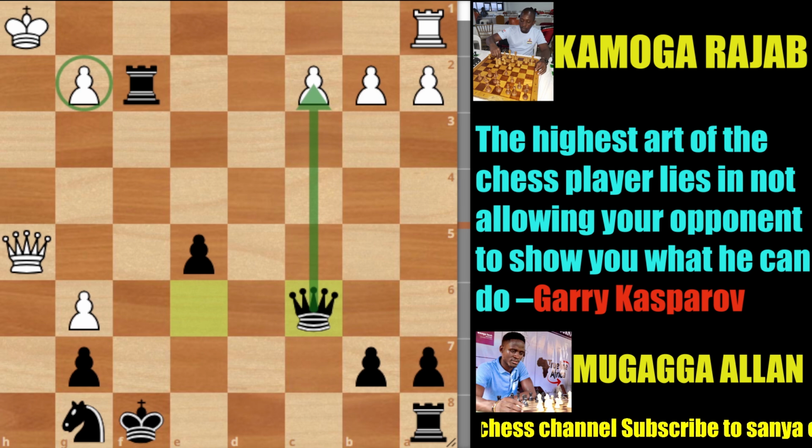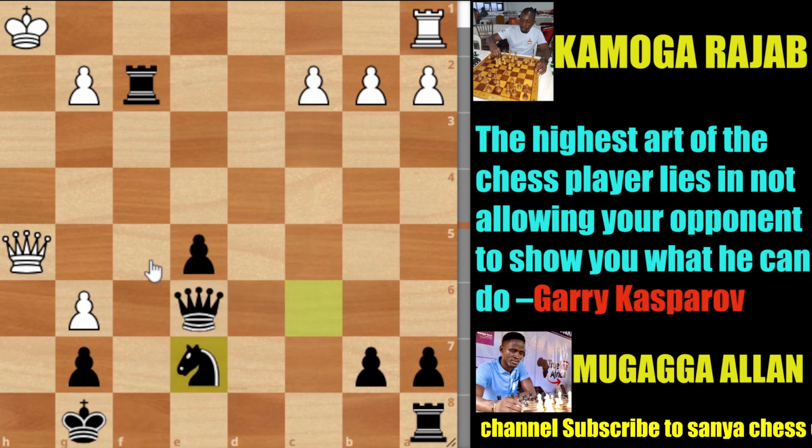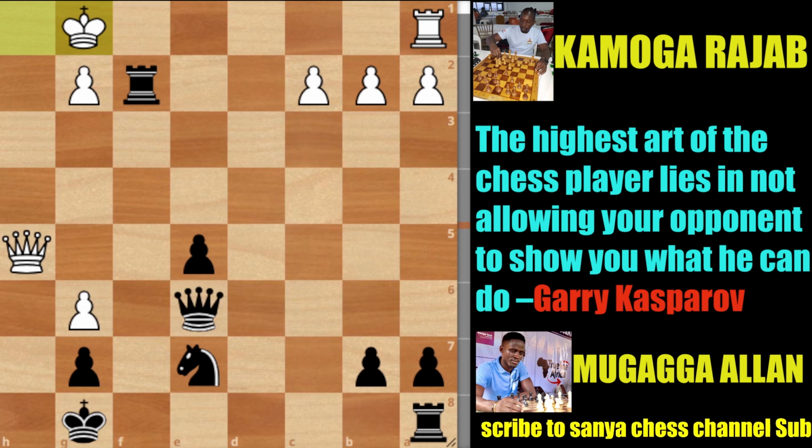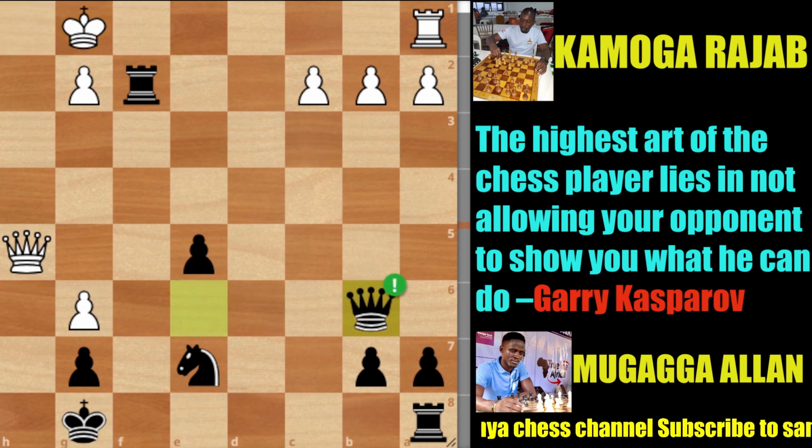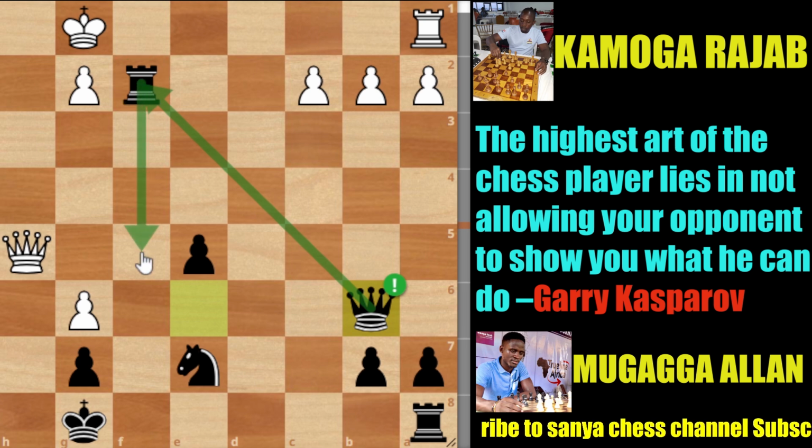However, after knight e7, Rajab tried and played king g1, attacking the rook. And in this position, Allan played another super strong move. He played queen b6. So queen b6 is a very powerful move, trying to pin the king against the rook. And in case of any discoveries, rook can come on f5, and it could be in check, and then it can win the queen, which can be on f5.